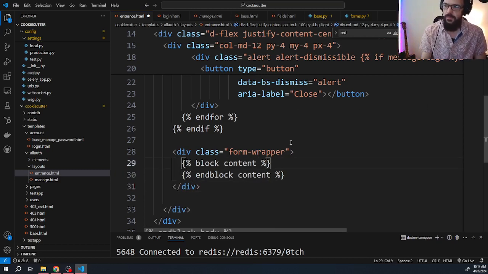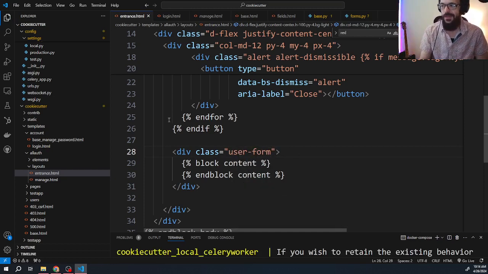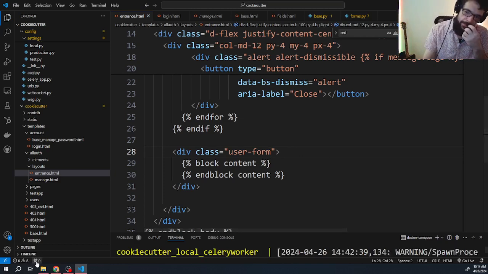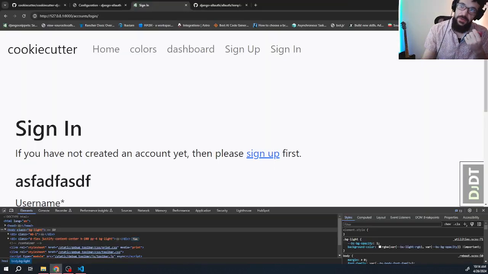Let me think here. Okay, I might actually have. Let's just call this user form, because I think I might have some residual styles, and I don't want it to look weird off the bat. So if I were to refresh now,